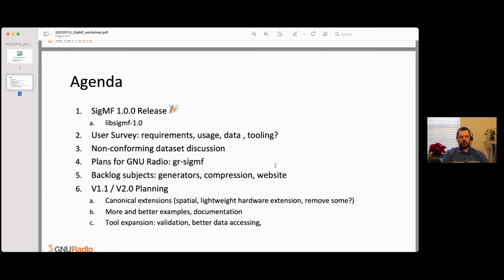And I'm also curious about tooling, if people are developing their own tooling in-house for government or industry reasons. There is some existing tooling that supports SigMF today. A great example is inspectrum, which can be built with SigMF. Mike Walters, I think, is on right now. He maintains that. It's a great example of how to use one very powerful feature of SigMF that's been around since the beginning, which is the concept of annotations, where you highlight a specific time and possibly frequency section of a data set, and enrich that data with metadata about that particular